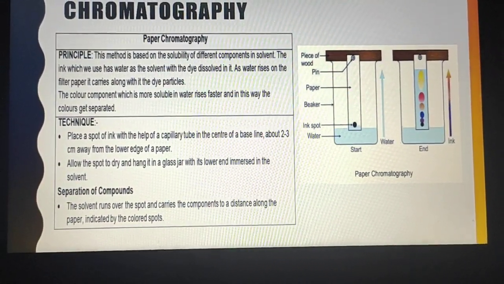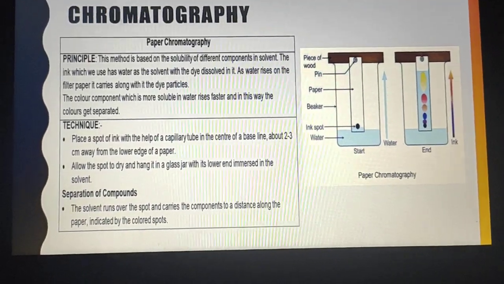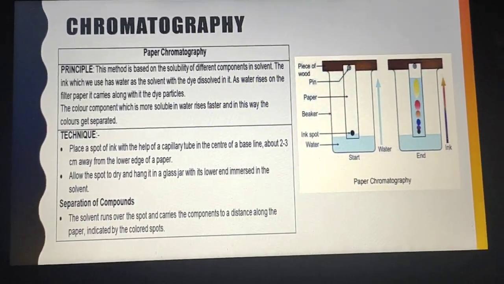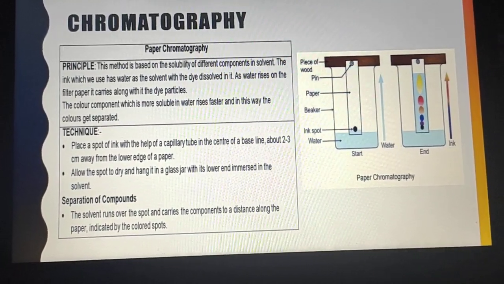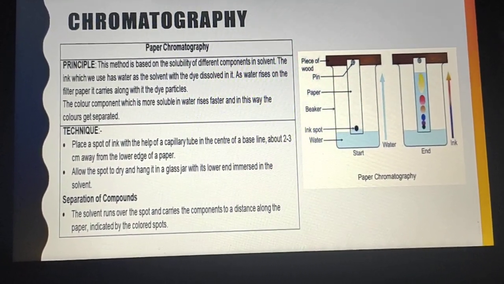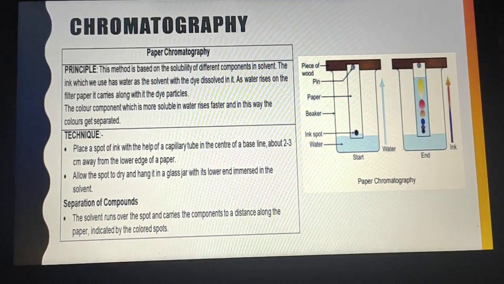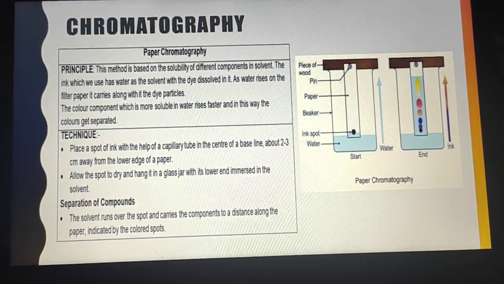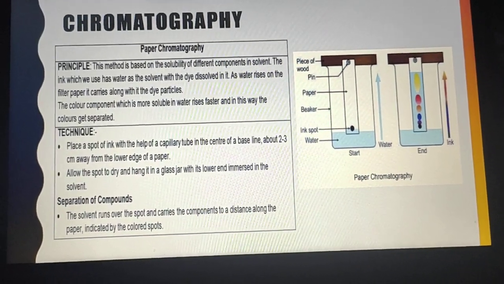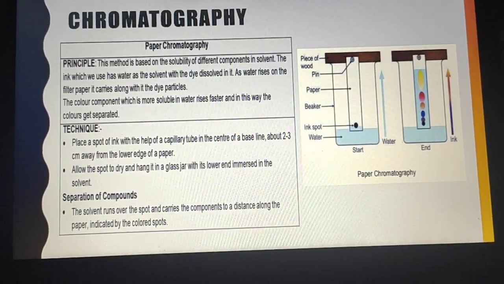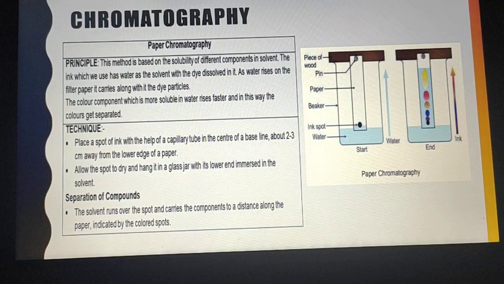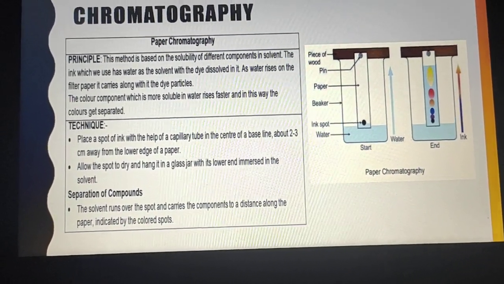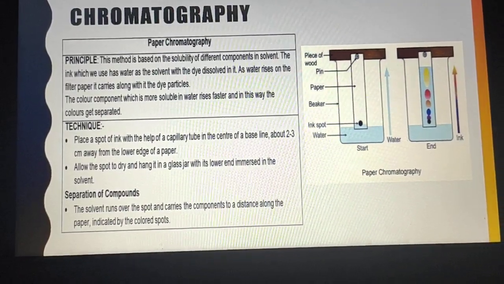Chromatography here is paper chromatography. We use the paper known as Whatman filter paper that we use in our labs. There is a specific Whatman filter paper and there are so many numbers. That number is the significance of the paper, it shows the pore size of the paper, so that the solvent can travel upward or downward. That is the technique we use in our labs to separate the components present in a mixture or solution.